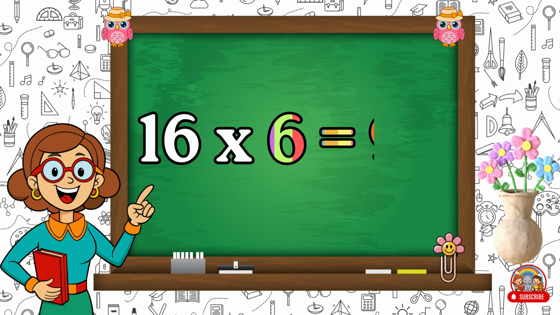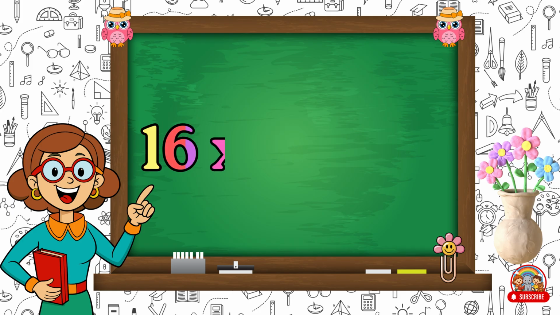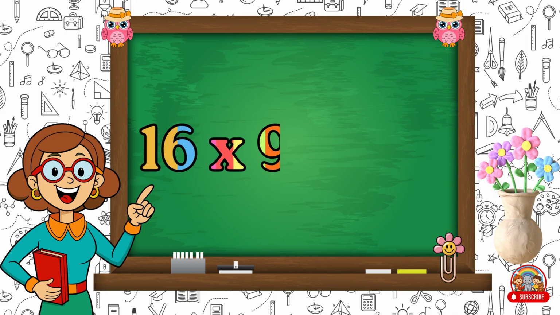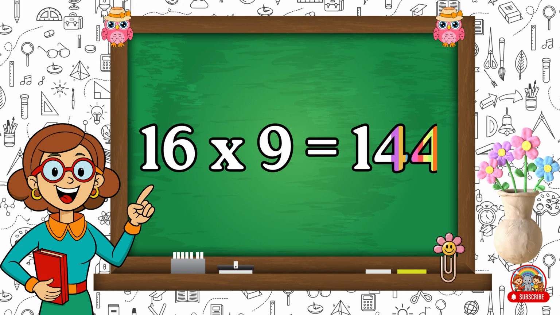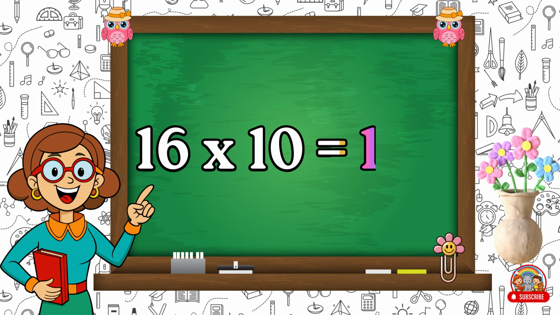16 sixes are 96. 16 sevens are 112. 16 eights are 128. 16 nines are 144. And last 16 tens are 160. So tell me children,